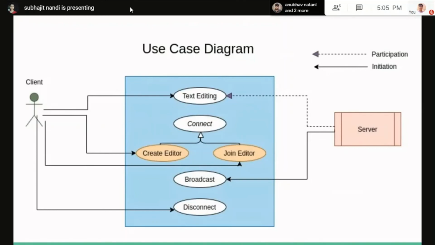Whenever a client or user tries to make a change in their editor, the server will know that, and it will have the permission to participate in text editing. It will directly broadcast the edit changes to all of the users connected to that particular document. Also, a client can disconnect from the editor, through the application.